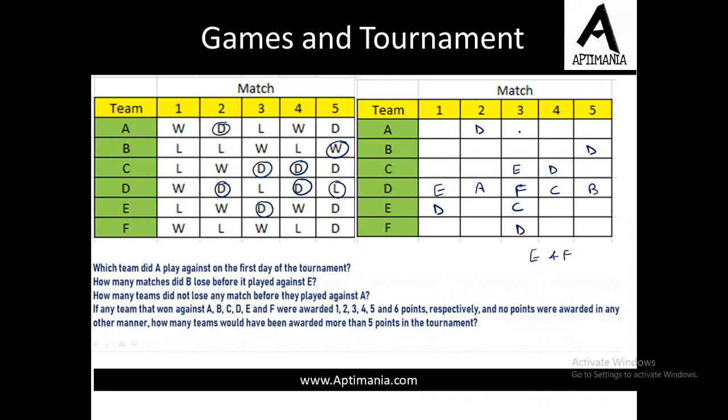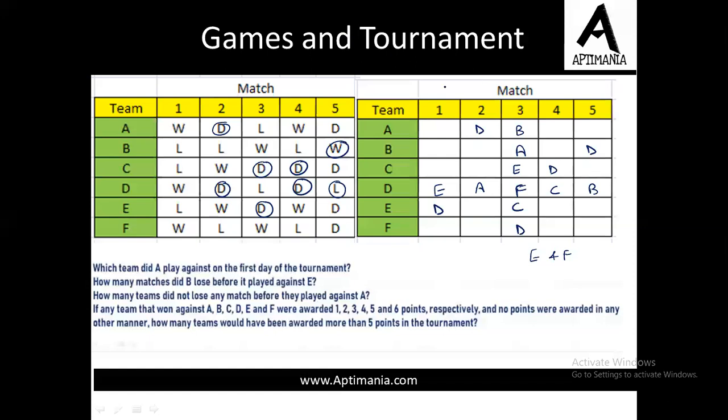Now we are left with these two options. और यहाँ पर हमको क्या fill करना है? C. On third day each of A, B, C, D, E and F played a match. उनमें से हम E, F, C, D को already fill कर चुके हैं. Now we are left with only two options, A and B. Now A cannot play a match with himself. So here it must be B and here it must be A. Fine. So in this way we have completed column number 3. Column number 3 हमने पूरा complete कर लिया है, right?